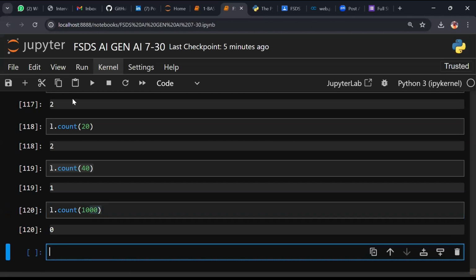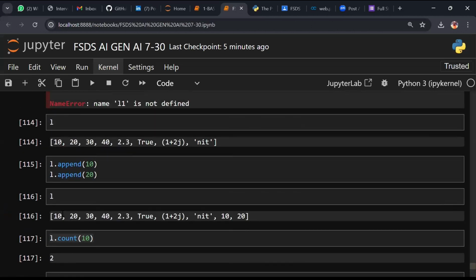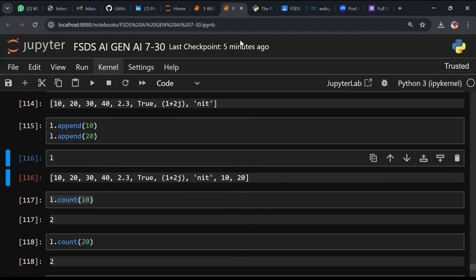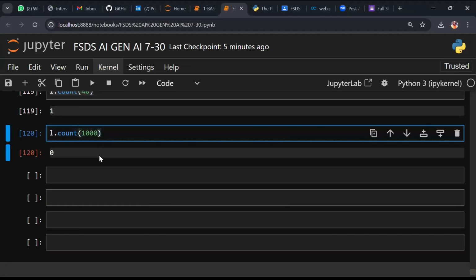It does not give you an error. See, for numbers which are not in the list, when you type them, it won't give you a bug, but it gives you 0. That means the element is not available in my assigned list in the memory allocations. Am I clear or not?